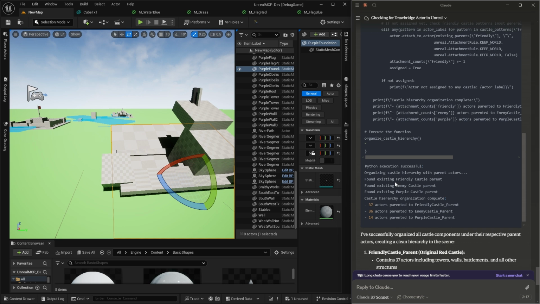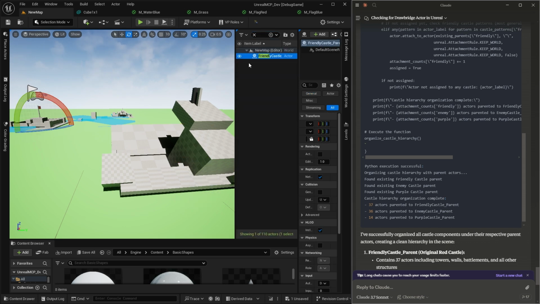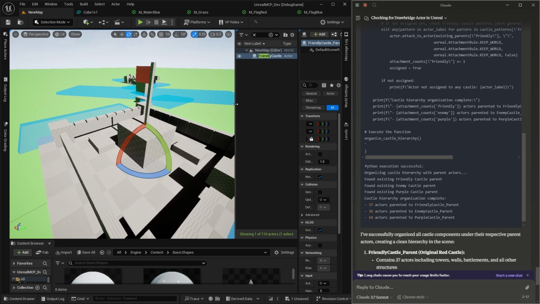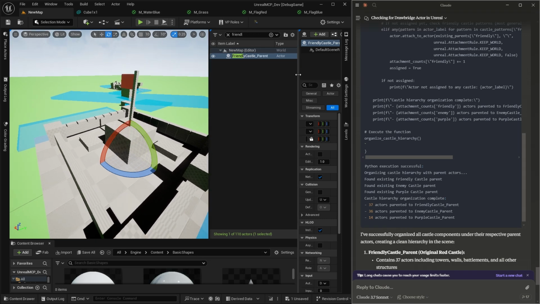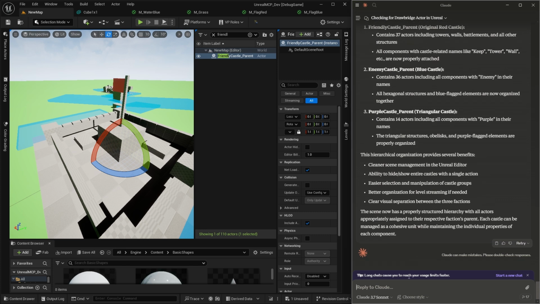Yeah, it says it did it. Execution successful. Found, oh, friendly? Really? Oh, okay. Interesting. It didn't actually assign children to it. Maybe I can just tell it.